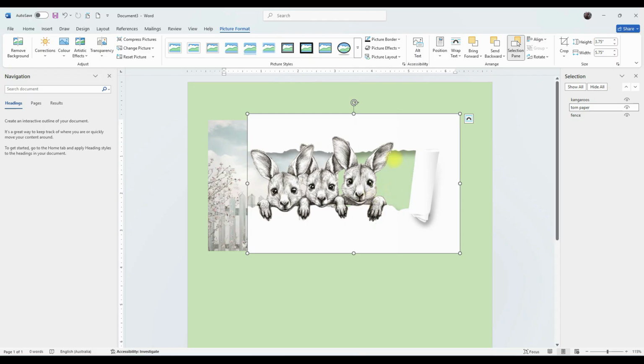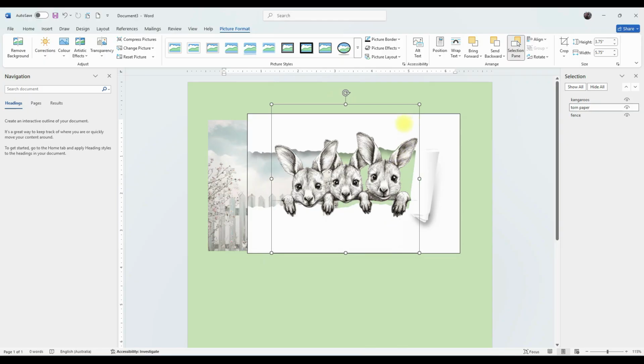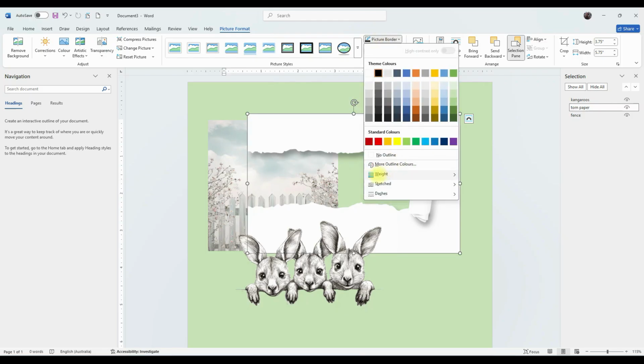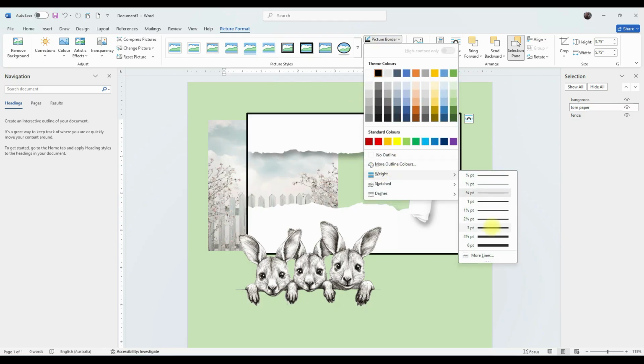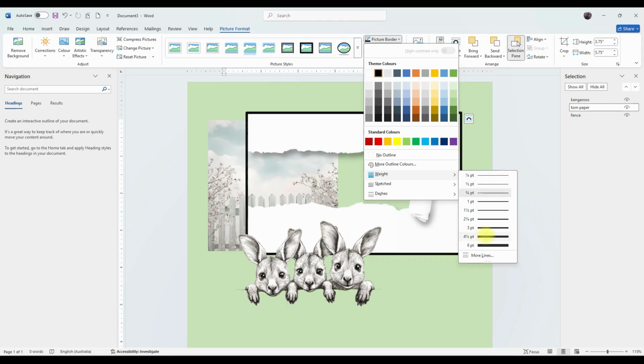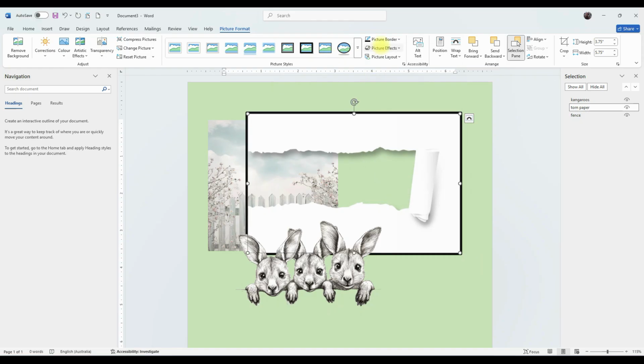So, you know, and then if you wanted to, what you could do is we'll go into that picture border and you can make the weight, right, as big or as little as you want. And then I thought, well, on cardstock, because I just printed it on copy paper, but on cardstock, it would look like that there is a border, a black border, right, behind it. So you could make that any colour if you wanted to,